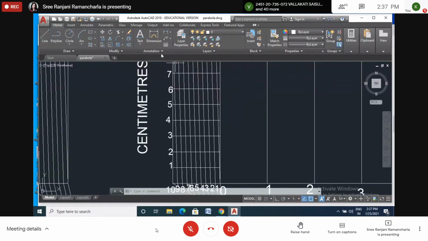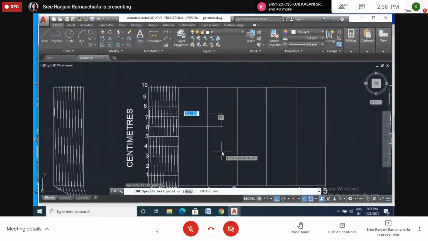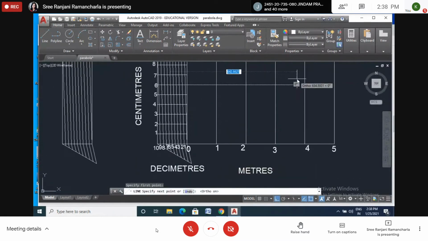So I will draw a line here at this point 5. Again, this should be very clear. Go along 5 like this till 6. So from here I will draw the line, till 4. Here I want to keep a dot like that.